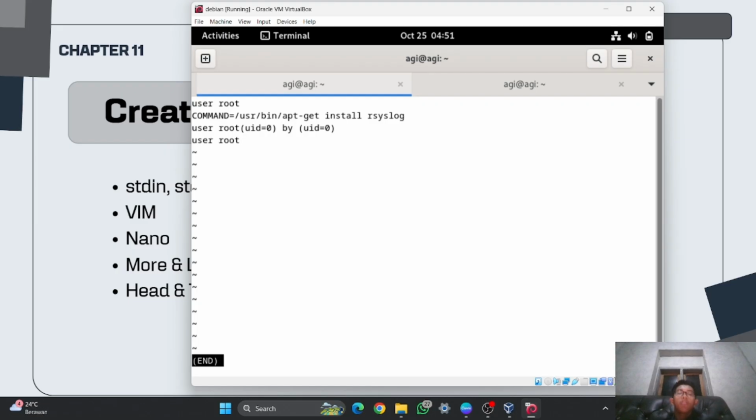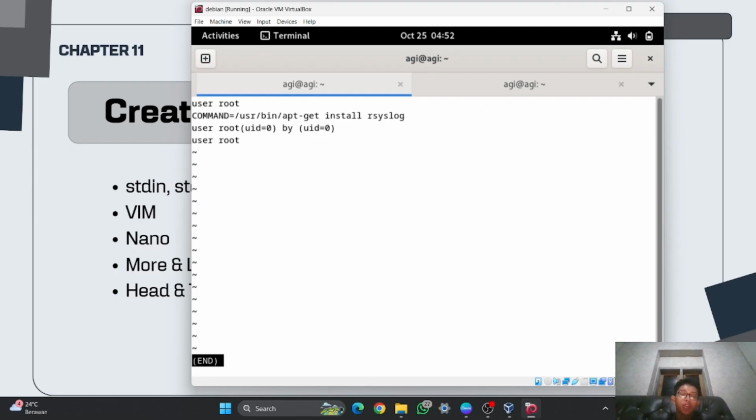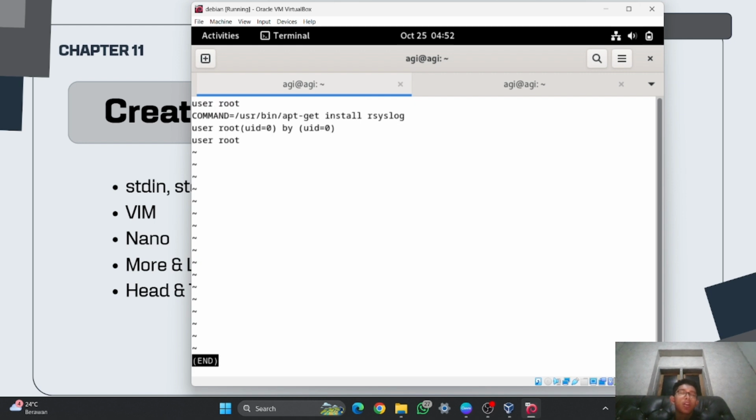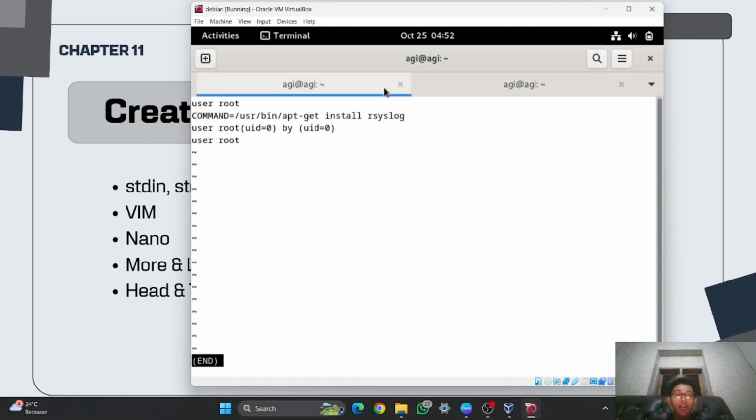So for less, you can just use the right arrow and then the left arrow to go to the next page or to the previous page. It is not like more, where you can only use enter or space to go to the next page, and you cannot go to the previous page. So that is more and less. And here I will close it again,